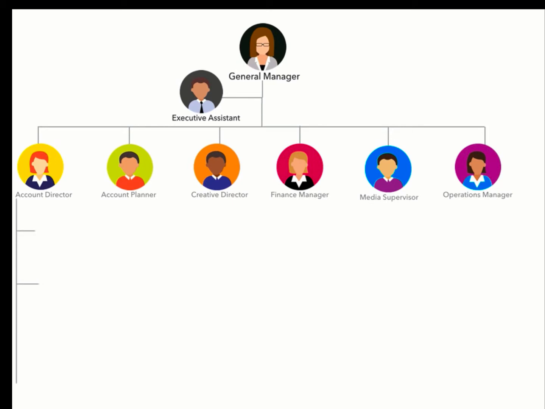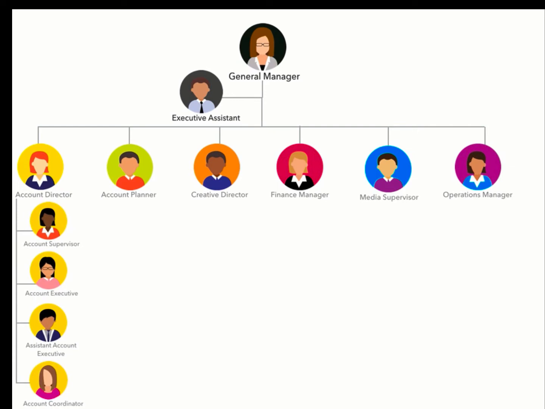So we start with the account director, and under the account director are many different steps. And people entering an agency, like you students going into an agency, will start as an account coordinator or an assistant account executive, an AAC. And these people, as you'll read in your book, interface with the client. So they protect the client, or not necessarily protect them, but they look out for the client's interests to make sure that what's being produced is in the interests of the client. Very important position to understand the mind and needs of your client.